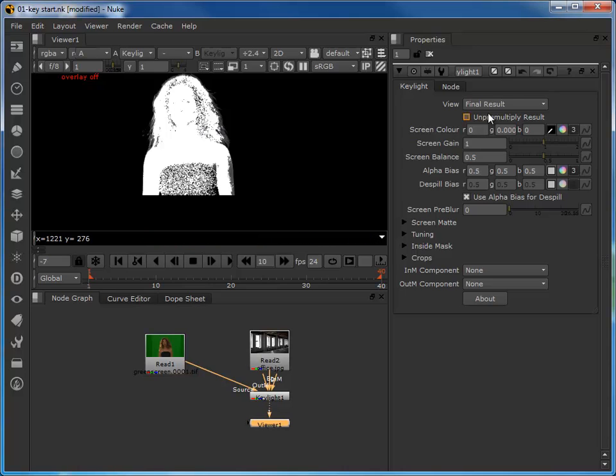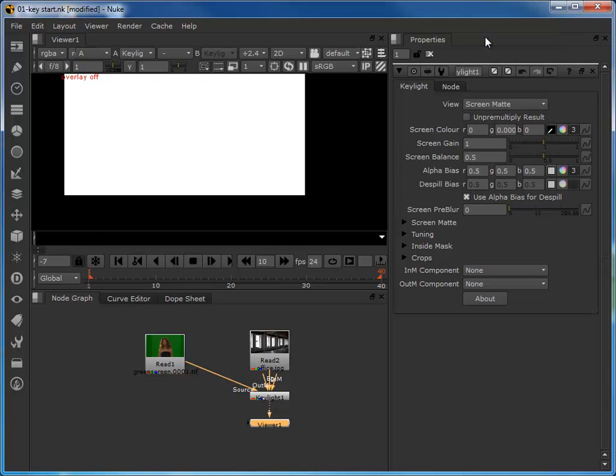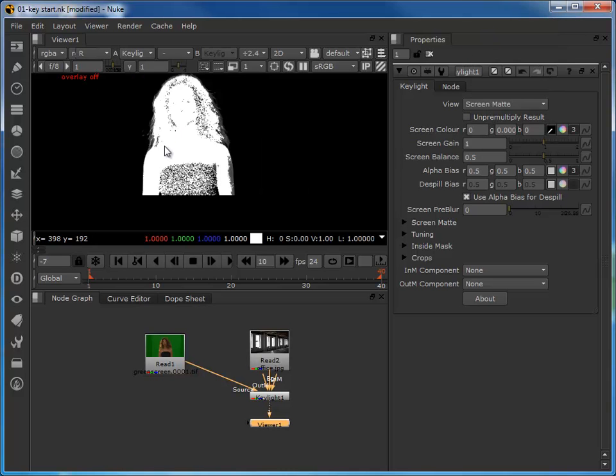And we're going to use a view and a couple of keyboard tricks to help us. In the first instance, we're going to switch over to screen matte view. I'll go back to my RGB channel so we can see this. Screen matte is a bit like looking at the image in the alpha channel, and we can see the separation between the transparent area, which records as pure black, and the opaque area, which records as pure white. And that's certainly our objective, to get the girl in a state of almost complete opacity,